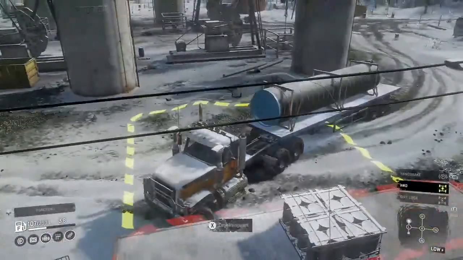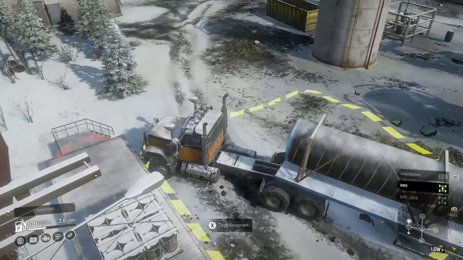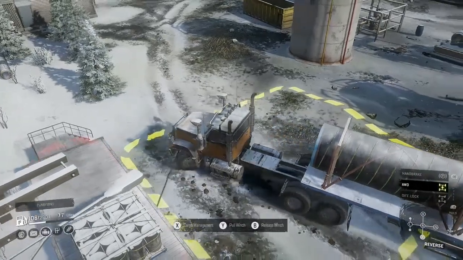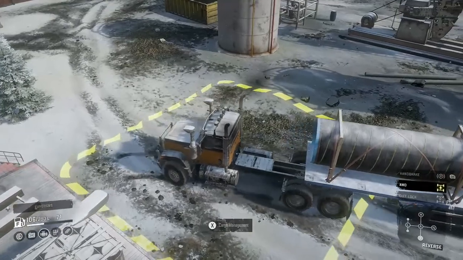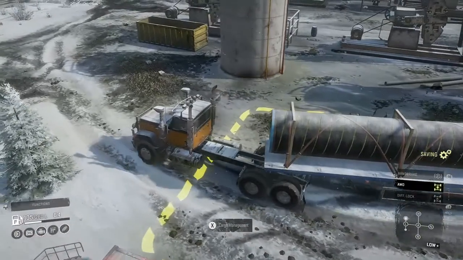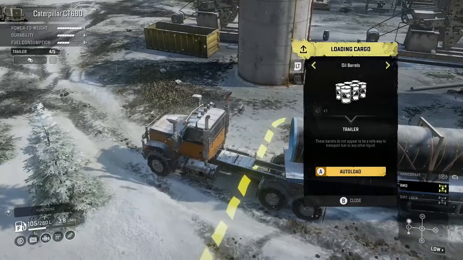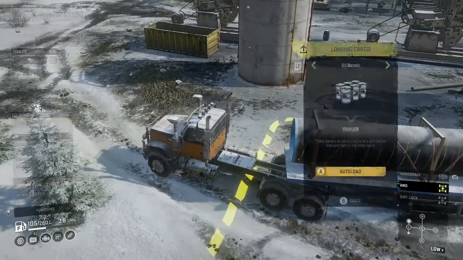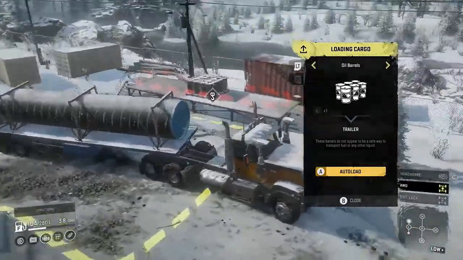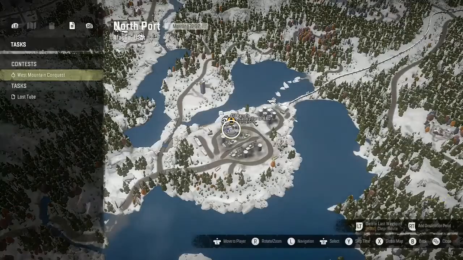Whoa, what the hell? I turned the wheel and went straight. Oh, I got a winch attached. Hit the wrong button. Alright, so cargo... What? This was where I was supposed to deliver, right? Alright, let's look at...